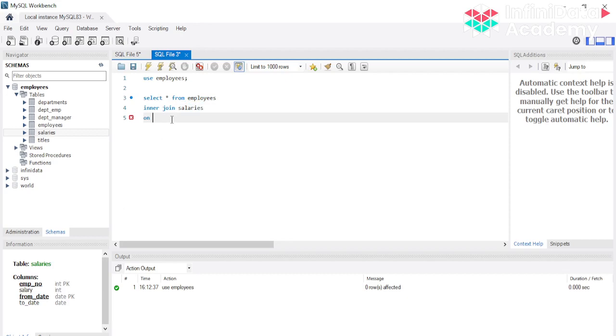So on we can do it. Let me give it an alias, a very simple alias: we can use e dot employee number equals s dot employee number.